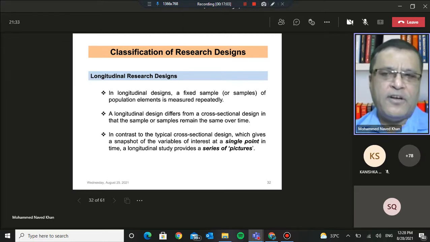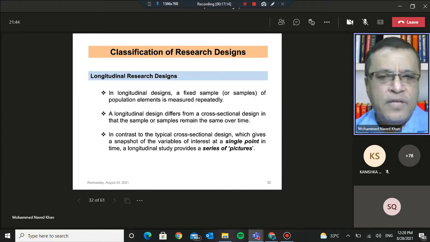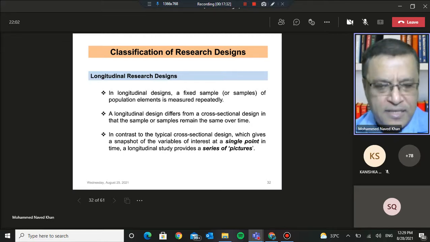So a panel in a particular city, depending upon the population and other characteristics which are of interest to the researcher from the point of view of the project being done, may comprise 20 individuals, 15 individuals. It depends. In these longitudinal designs, the important thing to remember is that the panel remains fixed, and we approach these panel members repeatedly with either the same questionnaire or research instrument or a different questionnaire at different points in time.